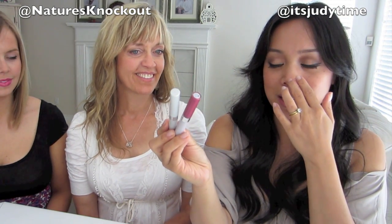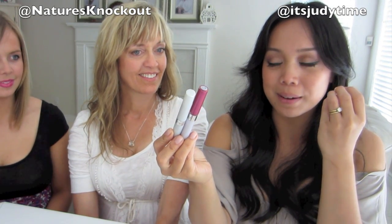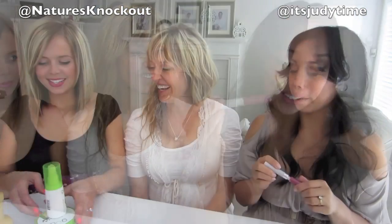So I got in Timeless Ruby 528, which I think is a special edition because the packaging was a different color. And then I also bought 548, I think it was called Hottie, and this actually kind of reminds me of MAC's Rebel lipstick because it's kind of like that deep purple pink, and I want to try this on and see how it's...